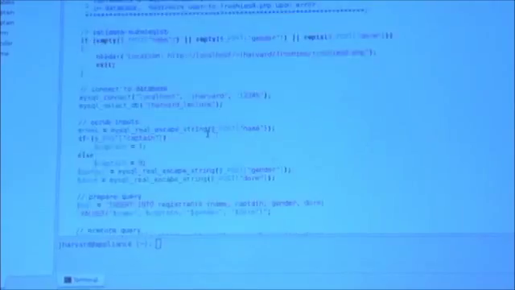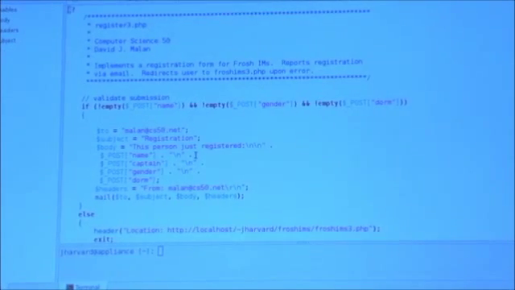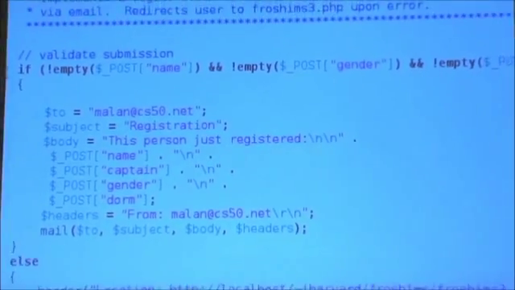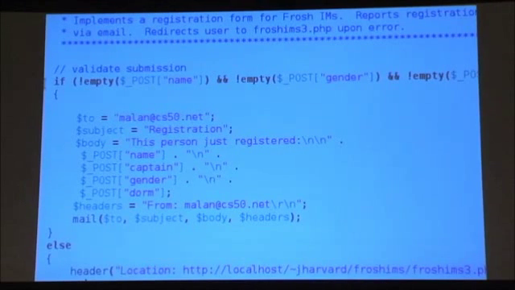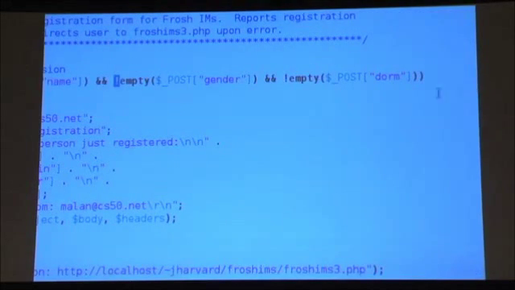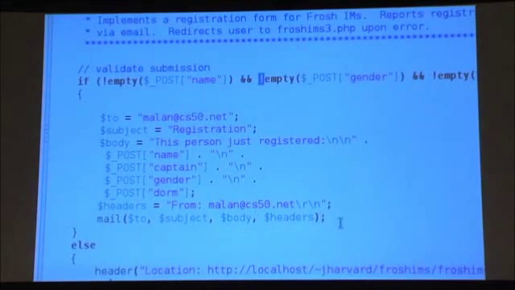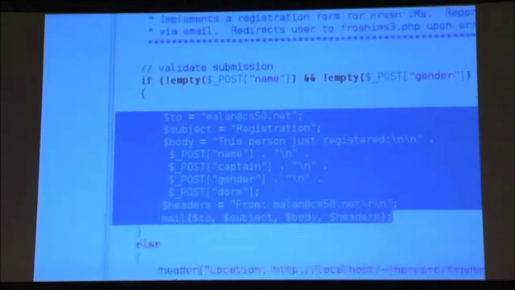Now, just to fast forward to a teaser, I'm going to go ahead and open up, say, register 8, which is going to be version, nope, not register 8. Let's try register 3. So register3.php is going to be, as we'll see, the third version of where we're going with this. And in this line of code, notice I'm reversing the question. If name is not empty, and gender is not empty, thanks to the exclamation point, and dorm is not empty, what you can do in PHP amazingly simply, or relatively simply, is here are 8 or so lines of code